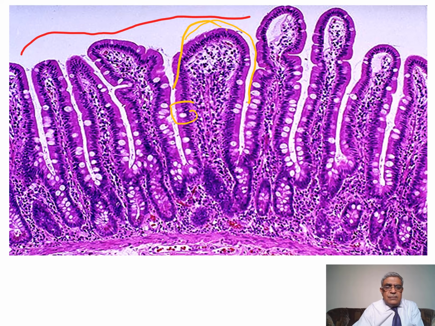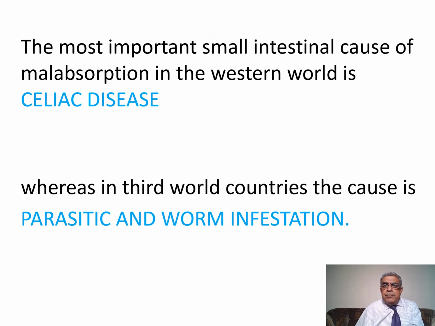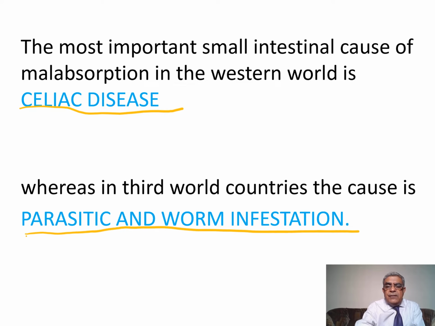Now the most important small intestinal cause of malabsorption in the Western world is celiac disease, whereas in the developing world countries or third world countries it is parasitic and worm infestation. Okay,